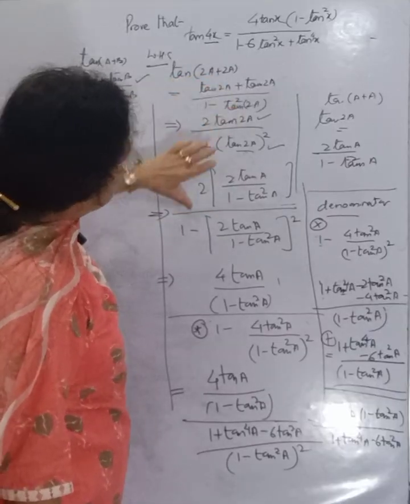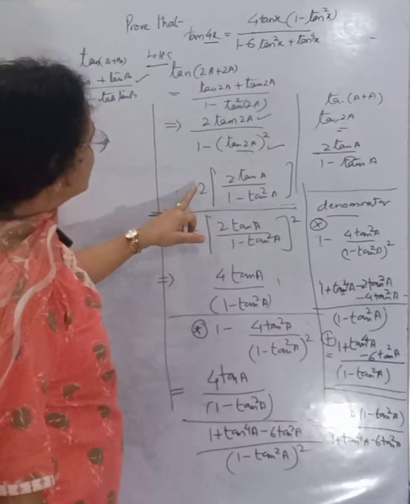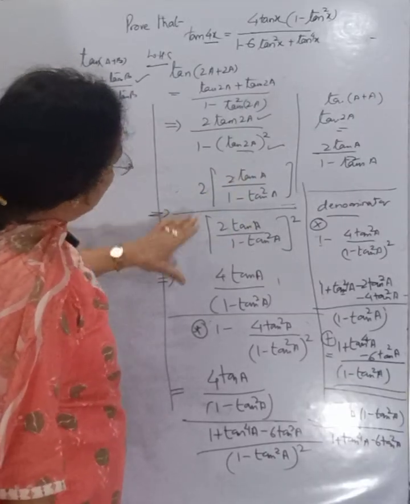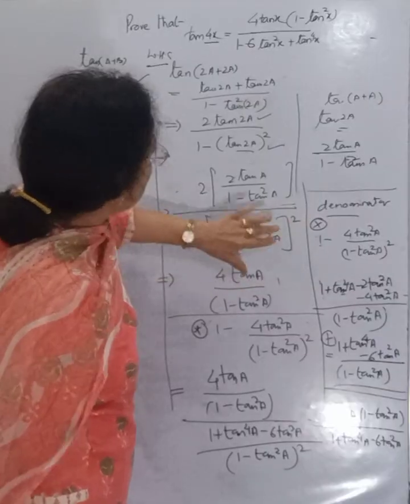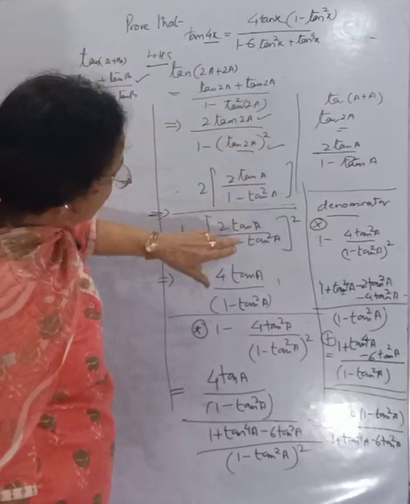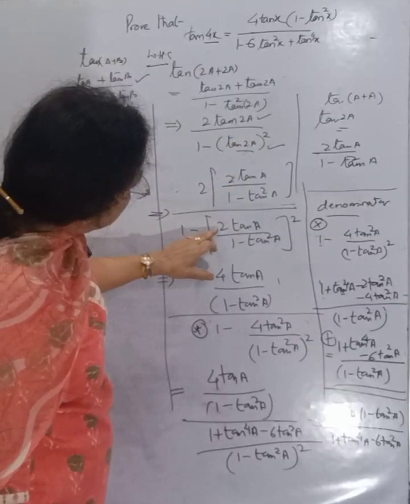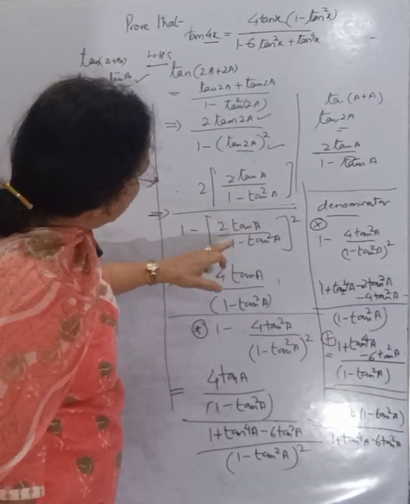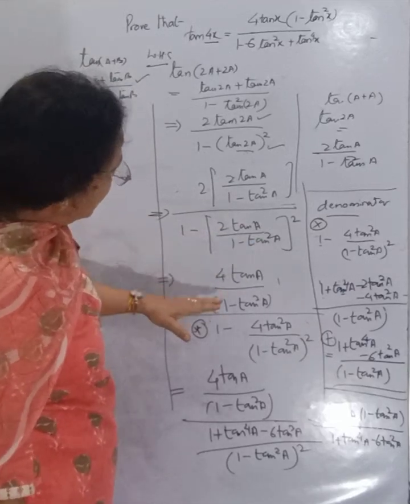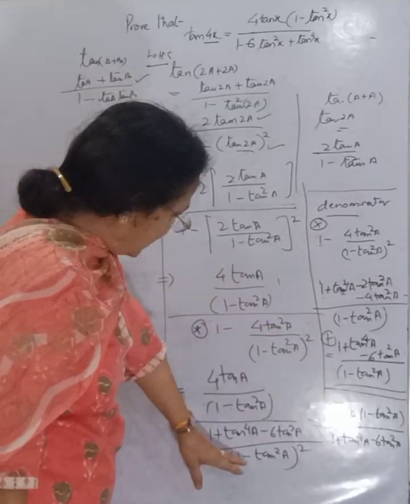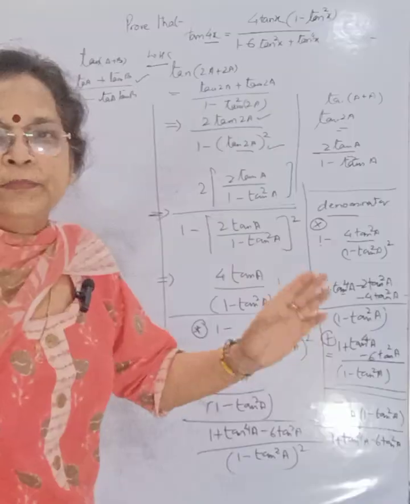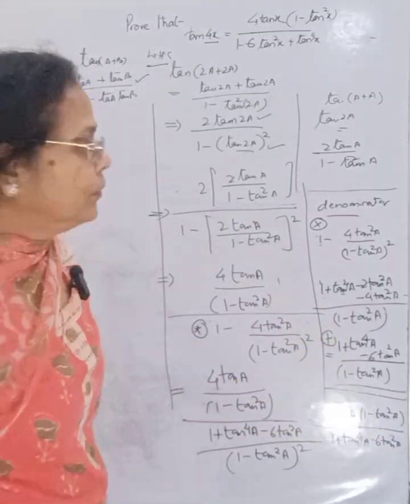Now that is 2a further. We formalized it again: 2 into 2 times tan a upon 1 minus tan square a, upon 1 minus tan square a whole square. This portion was the square of tan 2a whole square. This portion is further opened as per the formula: 2 tan a upon 1 minus tan square a. Okay. We solved this, and the numerator and denominator will come out by themselves. This is only simply the substitution of the formula. Okay, this was